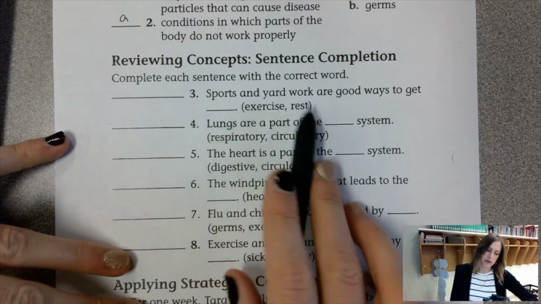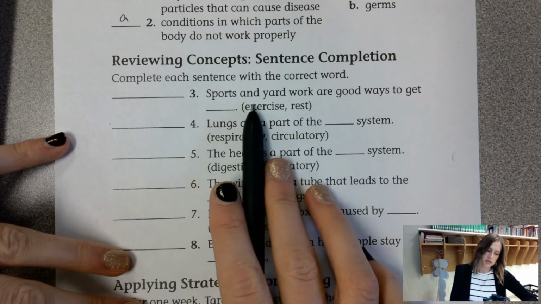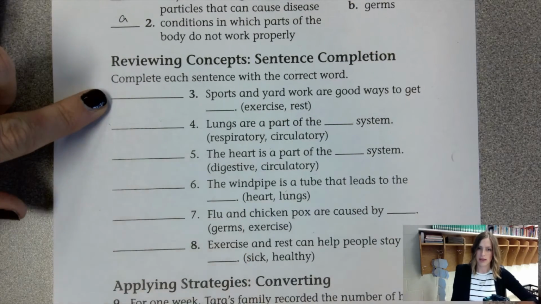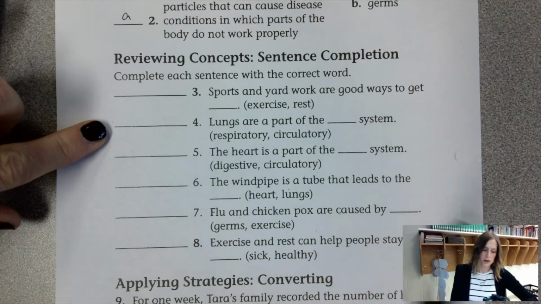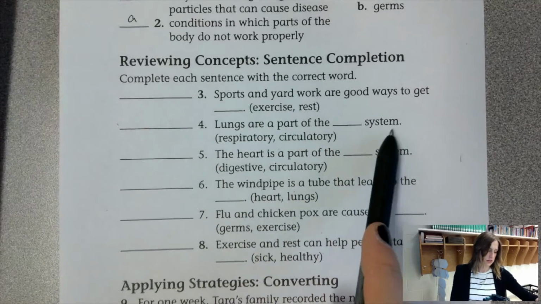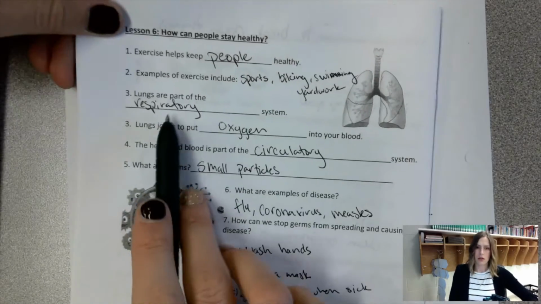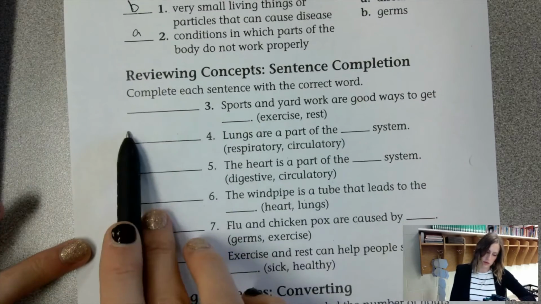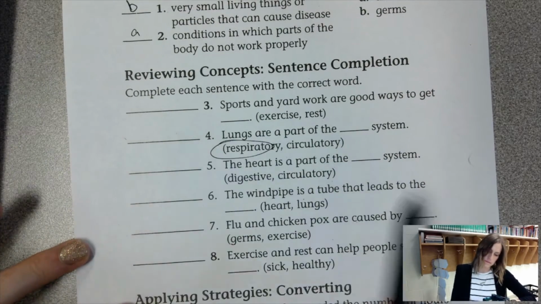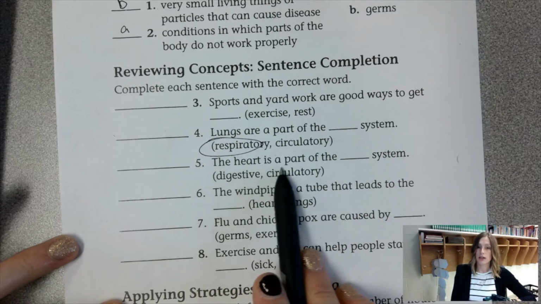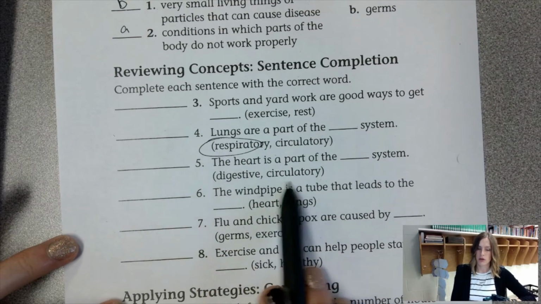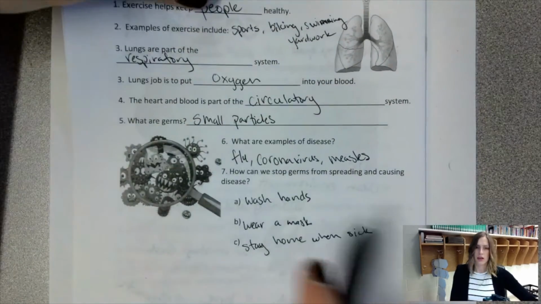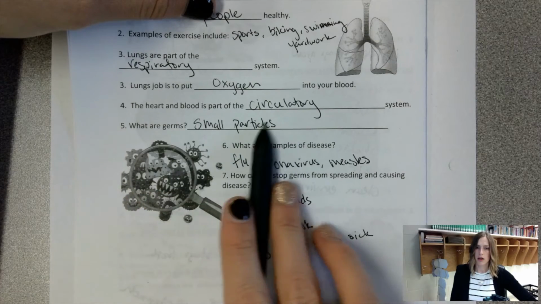At the bottom, we got to pick the right word to complete the sentence. Sports and yard work are good ways to get exercise or rest. That'll go right there. 4, lungs are part of the blank system. Lungs are part of the respiratory. So respiratory would go right there. 5, the heart is part of the what? Circulatory, digestive, or circulatory system? Look at your notes from yesterday. The heart is part of the